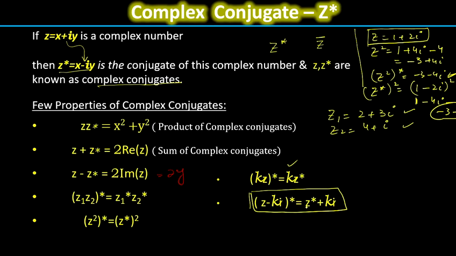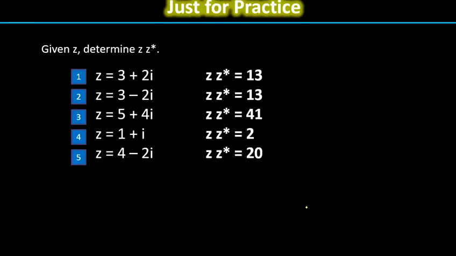Practice it, make an example and get the idea clear, and please make a summary of these properties of complex conjugates. Now these are few examples for you, and the basic idea in all these examples is one formula: z into z conjugate always equal to x square